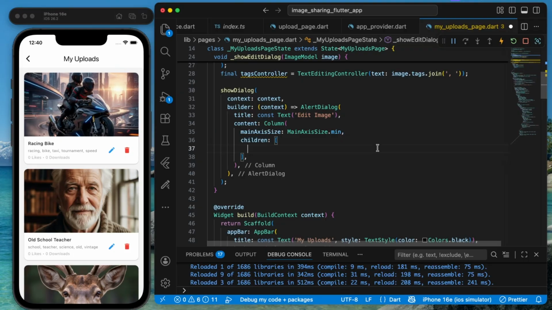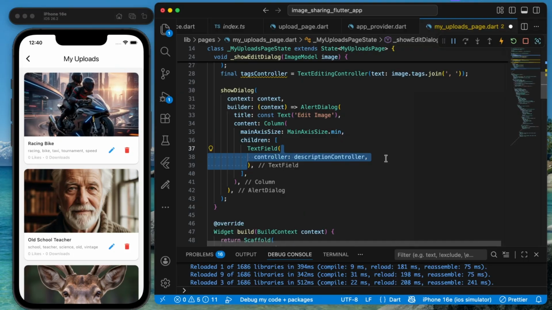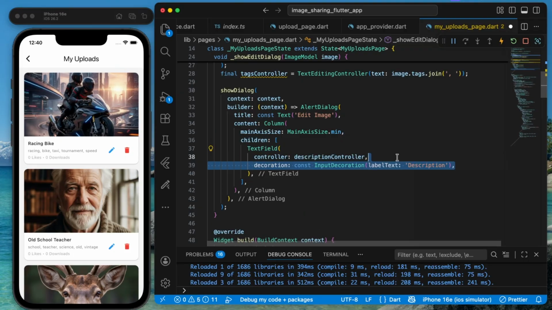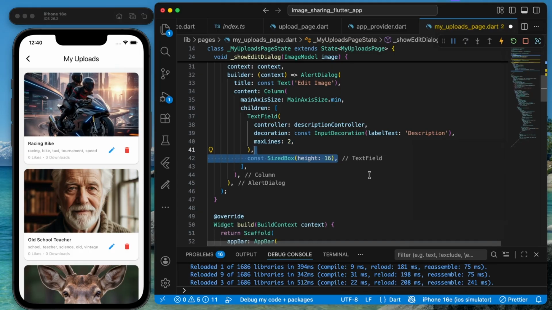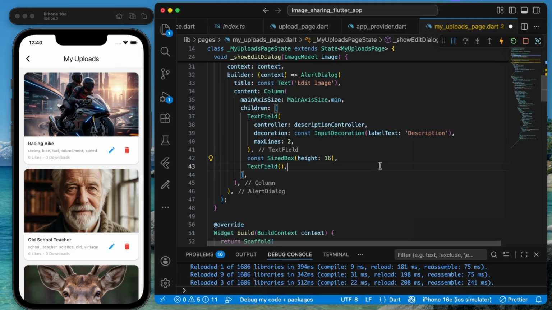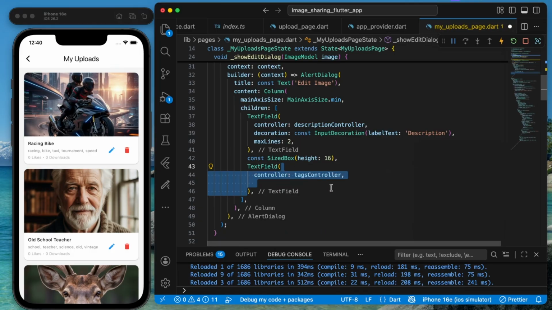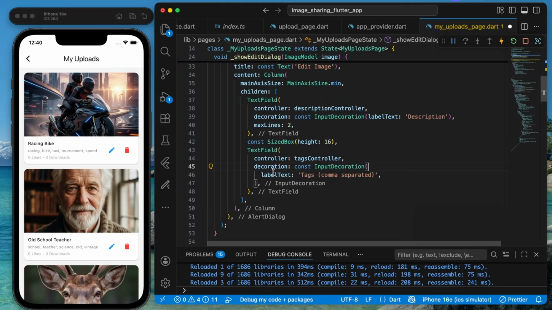In children, first we'll be having a TextField. Controller will be our descriptionController with some basic text decoration. Decoration will be InputDecoration, labelText will be Description, and maxLines will be 2. And then we'll be having a SizedBox of height 16 for some spacing. After this, we'll be having one more TextField. This time it will be for our tagsController, decoration will be InputDecoration, labelText will be Tags, comma separated,